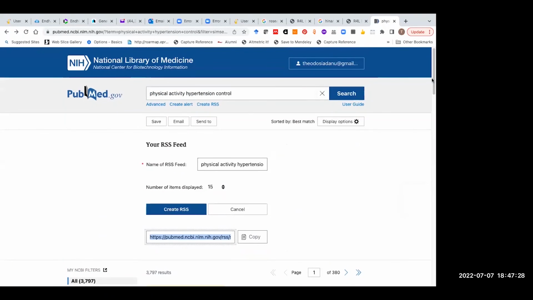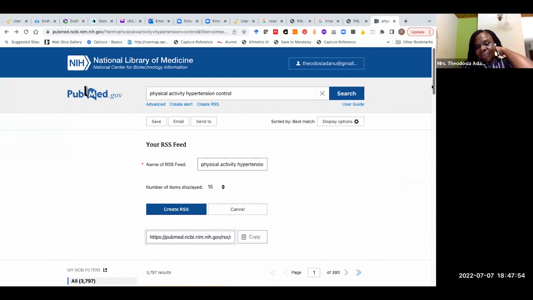Google says RSS means really simple syndication. It's an online file that contains details about every piece of content a site has published. Each time a site publishes a new piece of content, details of that content, including the full text or a summary, would come to you. So I think the alert does the same thing, doesn't it? Yeah, the alert is more specific. We can explore and see whether we prefer RSS feeds to email alerts, then we can make a choice.